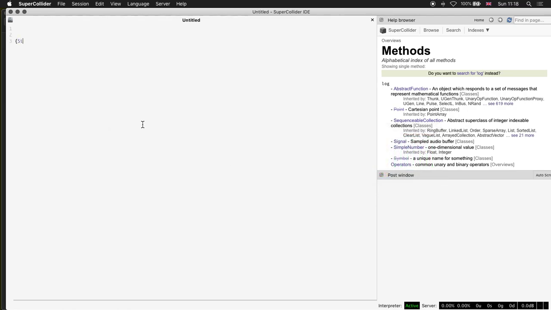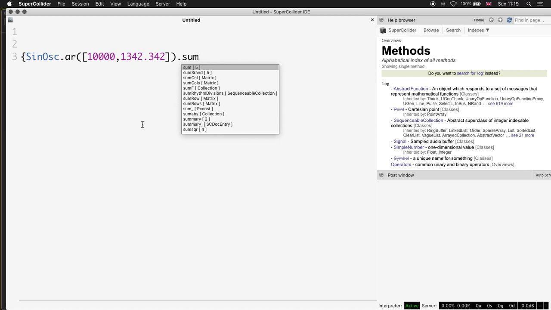Let's have a sine oscillator at high frequency, let's say 10K, and some unrelated number for the other, so they don't go in phase. And then I put the frequencies in an array. I talked about this, so they automatically expand. So I get 2 sine oscillators, and then I can sum them to get a single sine oscillator, and then